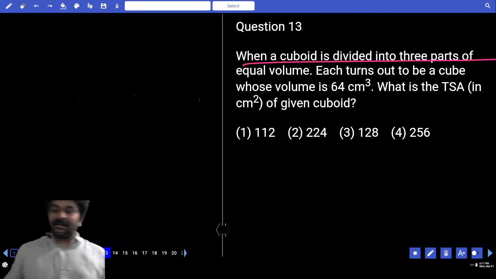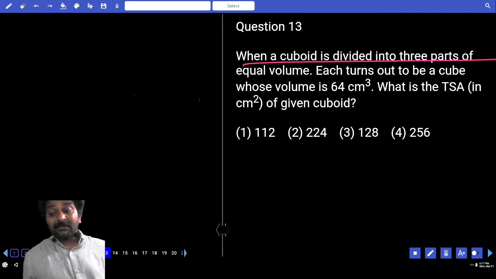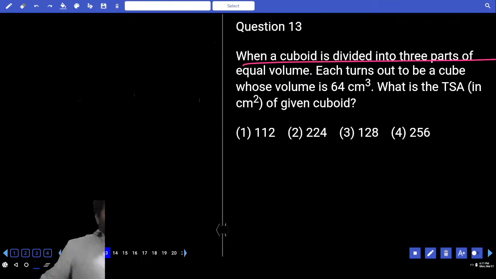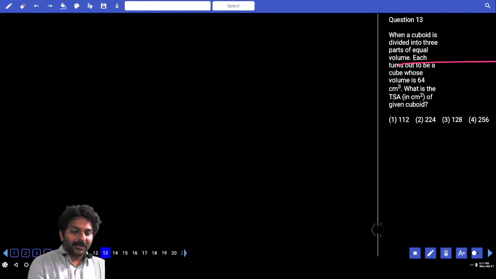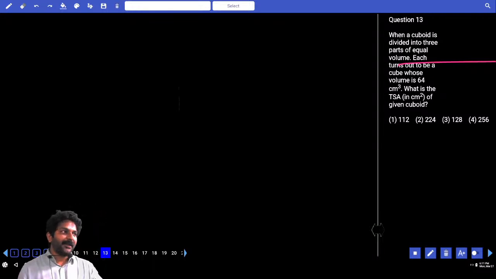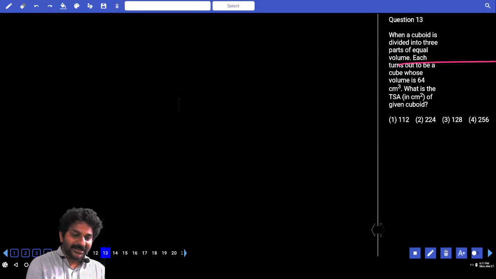When a cuboid is divided into 3 parts of equal volume, each turns out to be a cube whose volume is 64. What is the total surface area of the given cuboid? So now let us assume we have a cuboid here, that this is cut into 3 equal